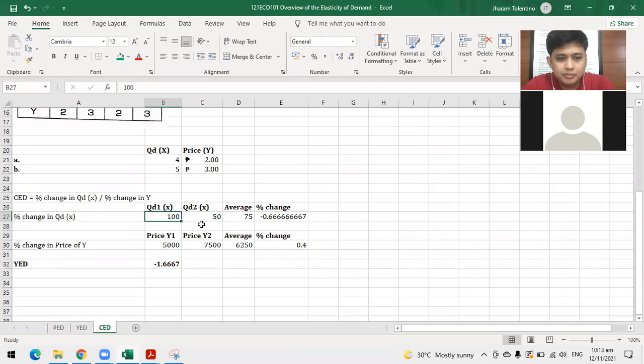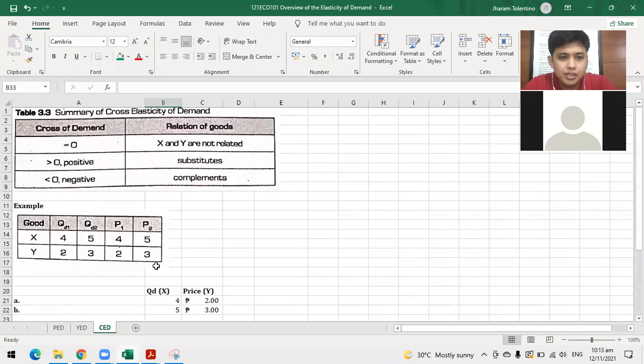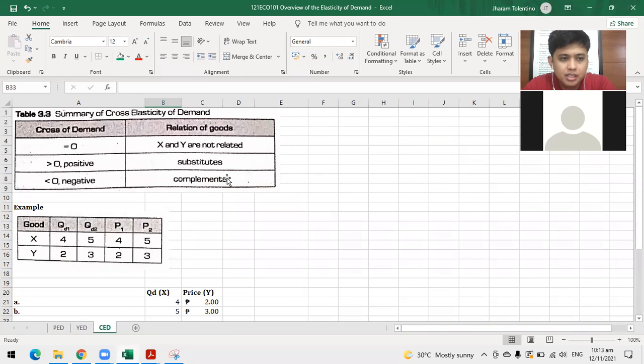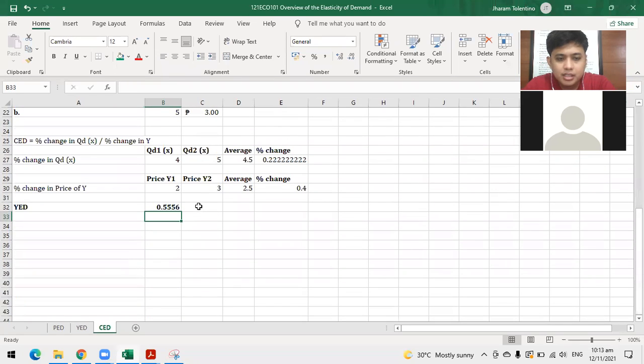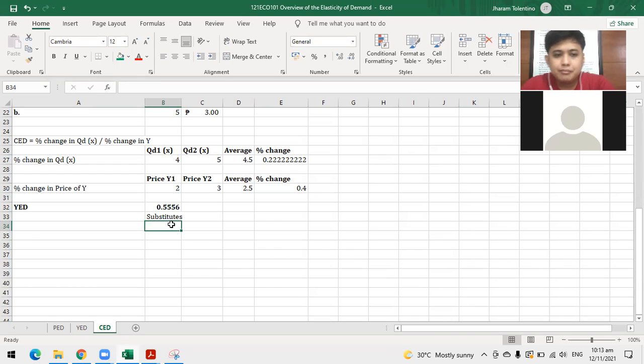So ilagay lang natin. From 4, naging 5. And we have from 2 pesos to 3 pesos. Okay, so we have 0.556. So ano yung na-compute natin? Okay, if it is positive, no? It's greater than 0, positive, then these are substitutes. Okay? So si product X is a substitute of product